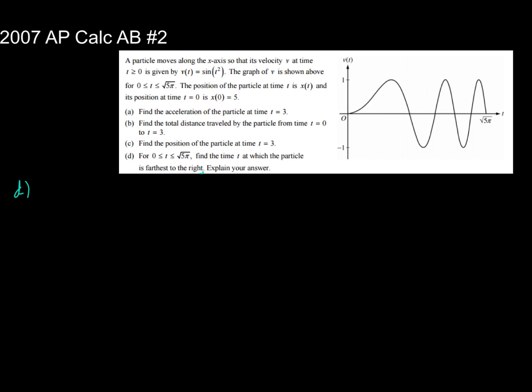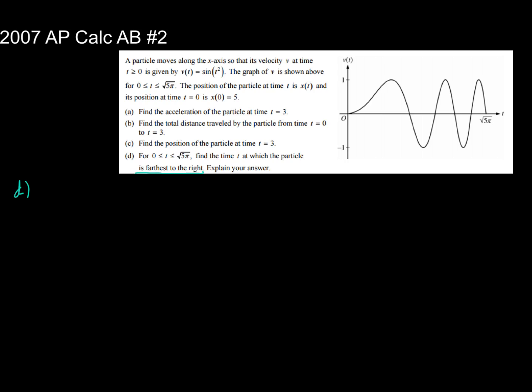And interpreting this mathematically, what we're thinking to ourselves is, okay, we need to know where the position function, x of t, has its greatest value, absolute maximum value. And so we know that we're on a closed interval from 0 to square root of 5 pi, so we can consider the endpoints and all of the points in between, the critical points, where the velocity changes from positive to negative, so where the particle switches from moving right to moving left. And if we consider all those points, we'll have all the possibilities for where the particle could be furthest to the right. In other words, I'm just employing my closed interval test,